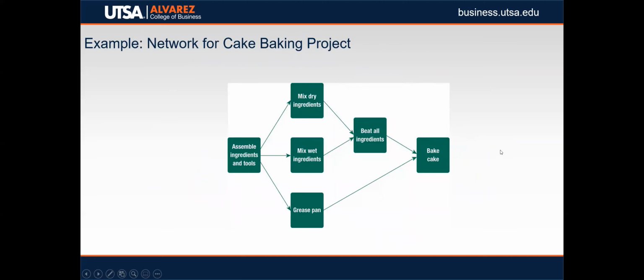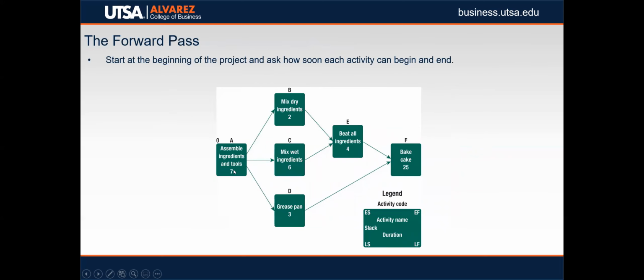Let's look at another example. This is one that we're going to go through pretty quickly. It's just a network diagram for a cake baking project. This one here, we have some durations down in the bottom here. In this activity, they show the durations in the bottom and they label them A, B, C, D, E, F